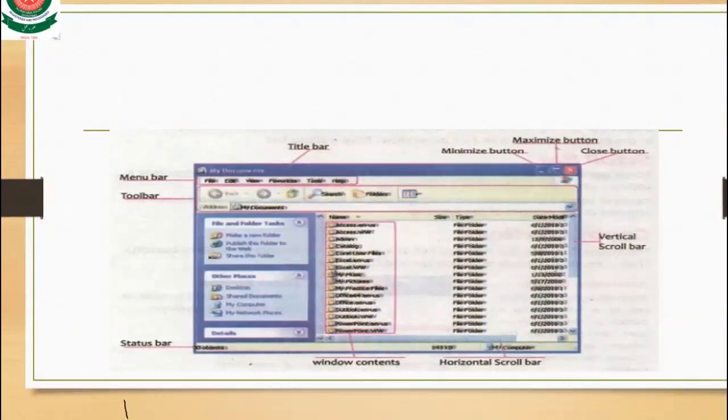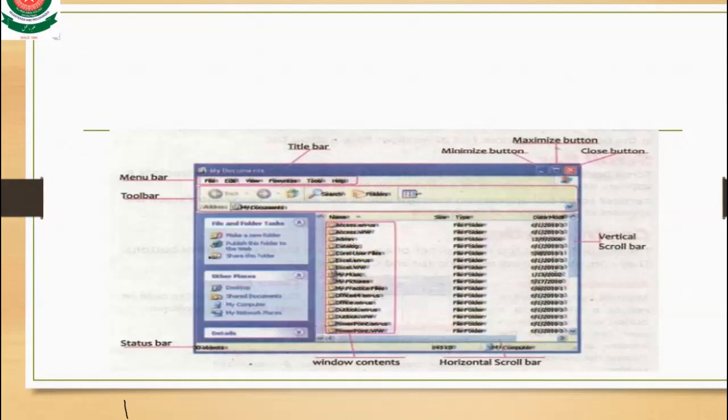What is the horizontal scroll bar and what is the vertical scroll bar? With the vertical and horizontal scroll bars, you can move up, down, left or right. On the most right side of your screen there are the close button, maximize button and minimize button. The close button closes your window, the maximize button enlarges your window, and the minimize button minimizes your window.